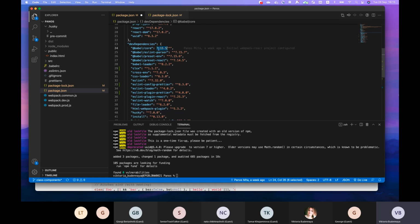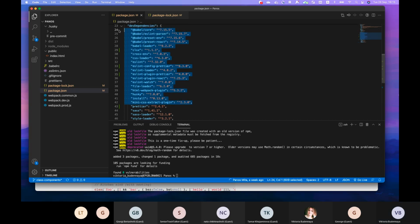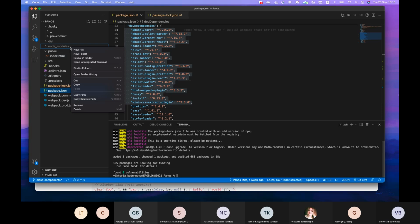What does this mean? What does this symbol mean, and stuff like that. So this file makes your build reproducible, which means that it's way easier to share with other developers. So basically, this documentation file will be used by npm when you want to share your application with someone else. You just give them your folder, and everything that this developer would need to do